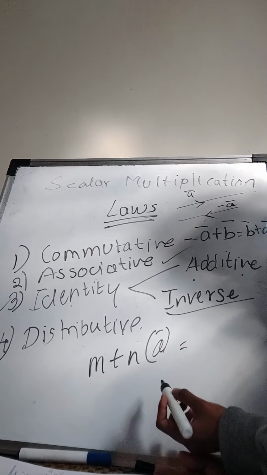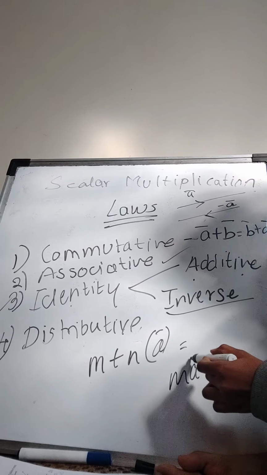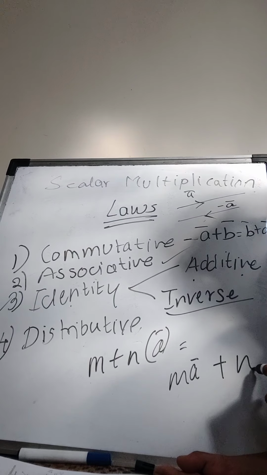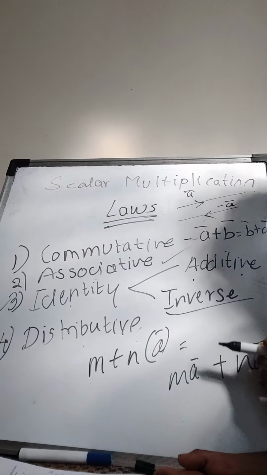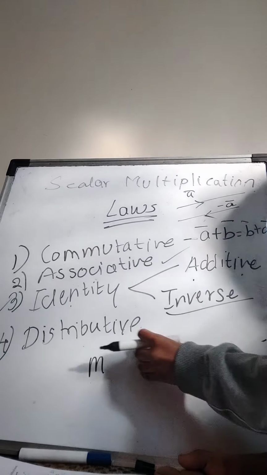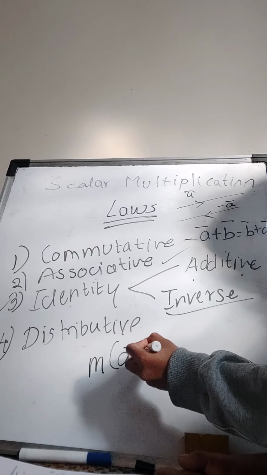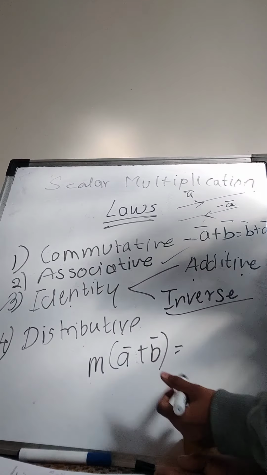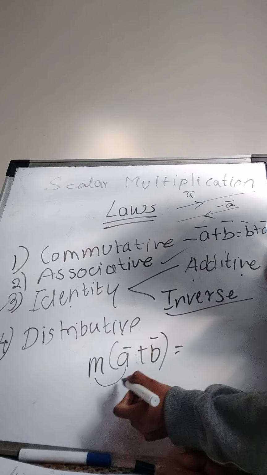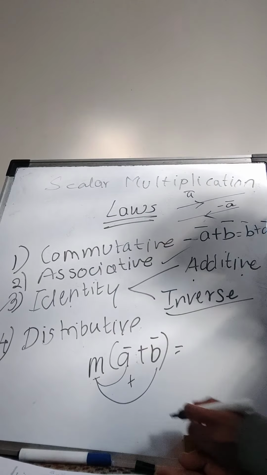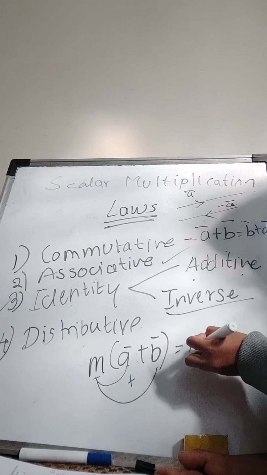You know this. m A plus n A. Okay, you know this. And if I multiply a scalar with two vectors, multiply m with this plus multiply m with this. Okay, so m A bar